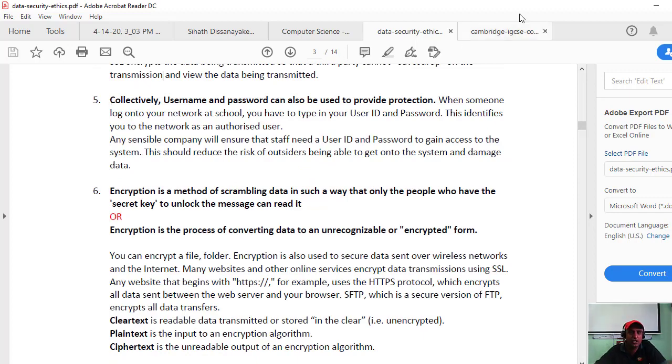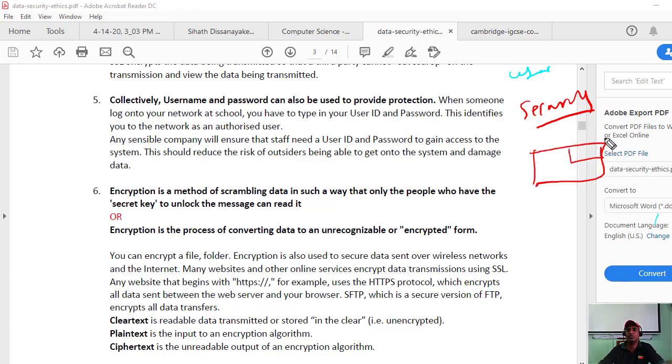Question number 5: collectively, username and password can also be provided protection. Definitely, every user account, that's why we have user accounts in the computer. It's a security. On the same laptop we can create many users. For example, if you have a laptop, you can create a user account for your brother, so if he wants to log in to this computer, he uses his own username and password.